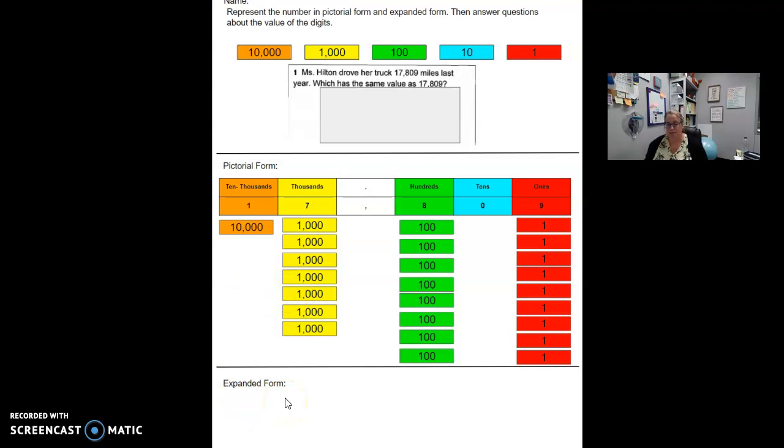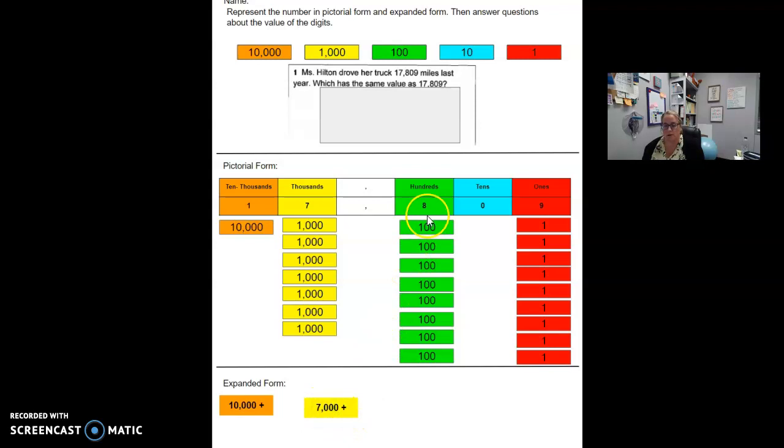In expanded form, remember, I'm going to add them all together, but I'm still going to have them separated. So I'm going to put them all together in their place value. I have 1 10,000, so I'm just going to say 10,000 plus. Now I'm going to go to my thousands, so I'm going to count by thousands. 1,000, 2,000, 3,000, 4,000, 5,000, 6,000, 7,000. So I have 10,000 plus 7,000